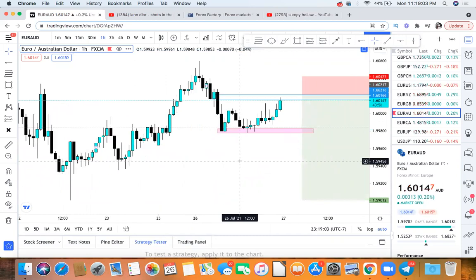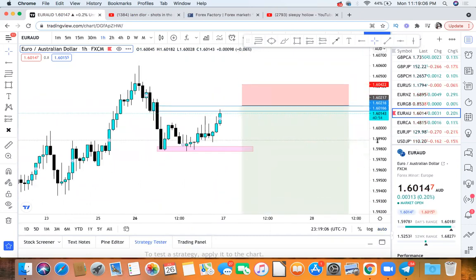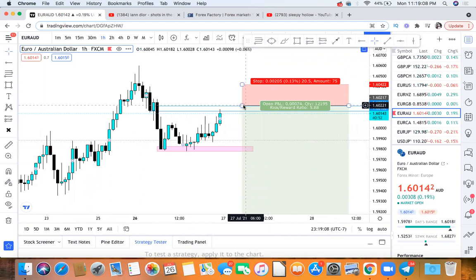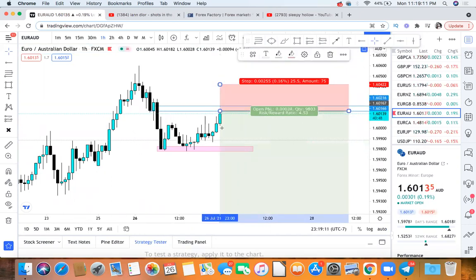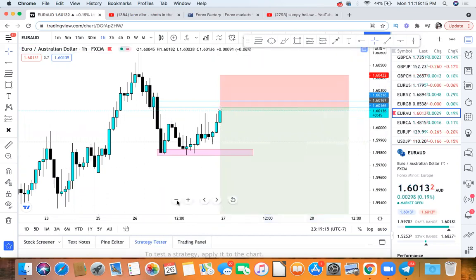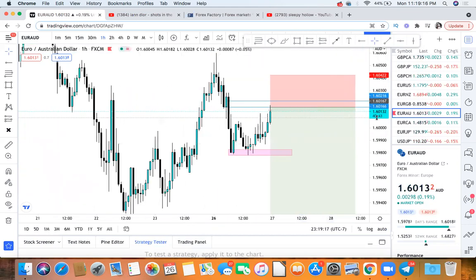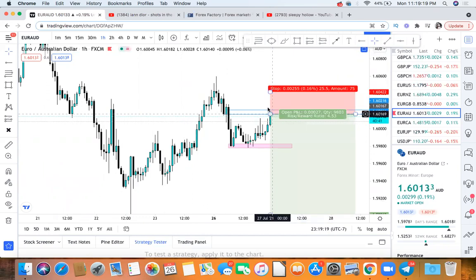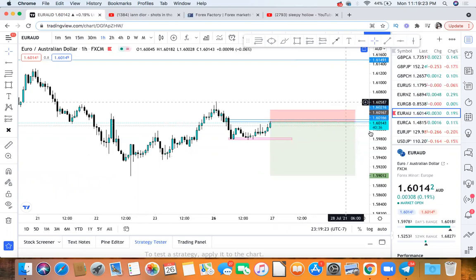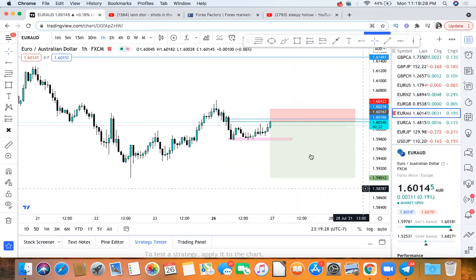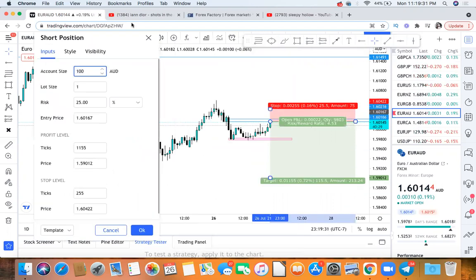Awesome. So tonight, I'm only going to be looking at two pairs, which is Euro AUD and GU. Actually, right now I'm looking for a short position on Euro AUD. So if you guys want to get in, you can. This would be our entry price. Stop loss of 25, take profit at 115. So right now should be a good time to be entering on this short position for Euro AUD. I'll explain it right now, just want to make sure you guys do get in on this before